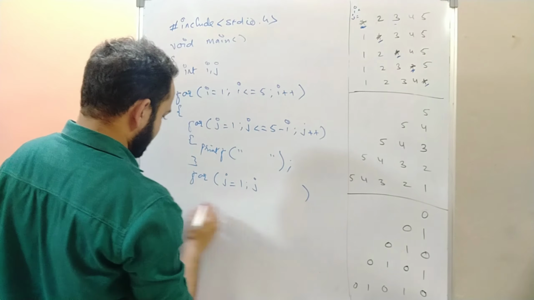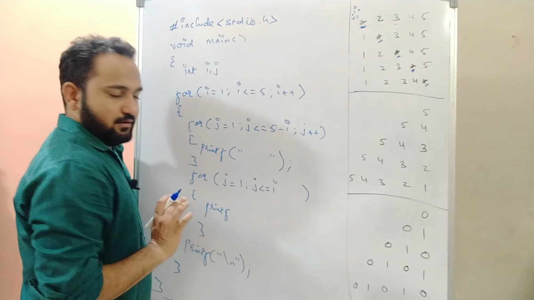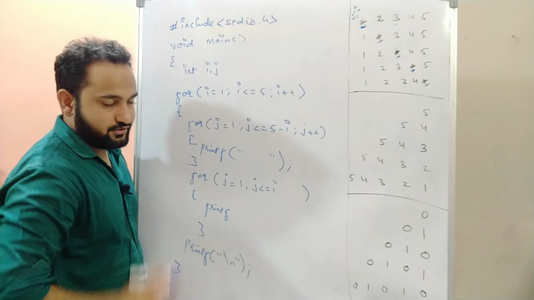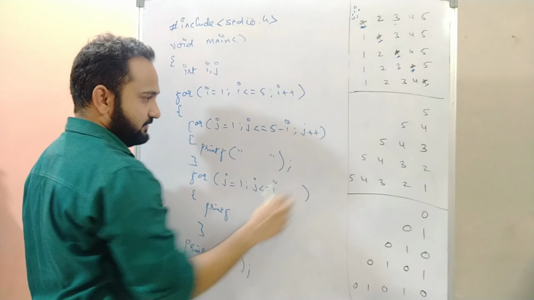Now coming to the printing part, what do we have to print? See again, we have to start with 5, then 5 4, 5 4 3. It's behaving just like the value of j. Again I'm repeating, it's not the value of j. j is going from 1 to the value of i, right? j is less than or equal to i. There won't be any changes in the condition. But if you see, again we have to start with 5.